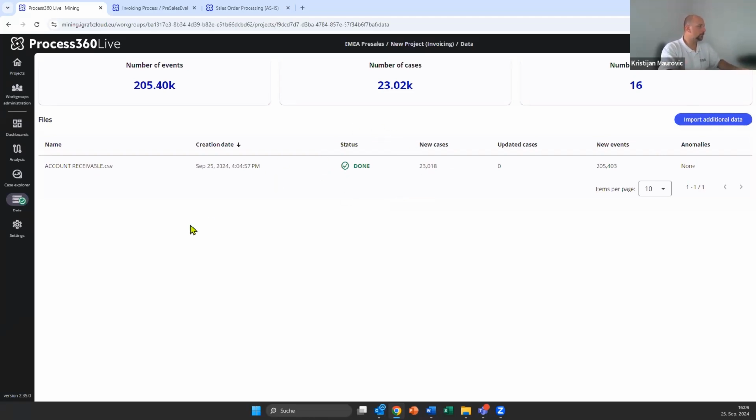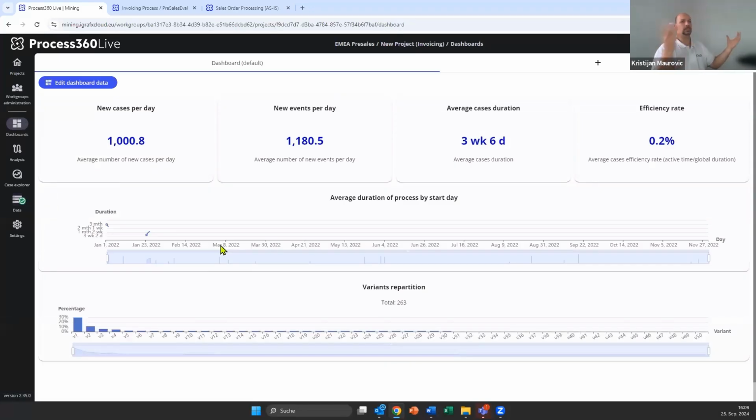So it's done. We waited about 3-4 minutes. You see that's more than 200,000 activities happening. So we have 23,000 orders that progressed. And if I go back to the dashboard, now we see directly we have already some insights. And what's very interesting for me at first view, I showed you the BPM diagram where we have just this one variant. But in reality, it's showing up